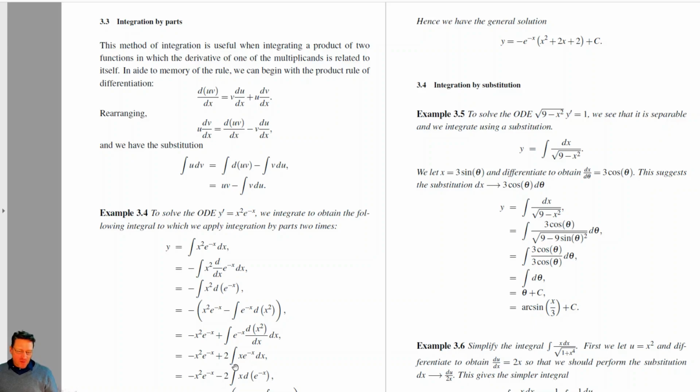Okay, now we've got to repeat the technique again because we've got the same situation, but you'll notice now that we don't have the integral of x squared e to the minus x. We now have the integral of x e to the minus x, which is a little bit easier. Okay, so we apply the same technique of integration by parts on this again,